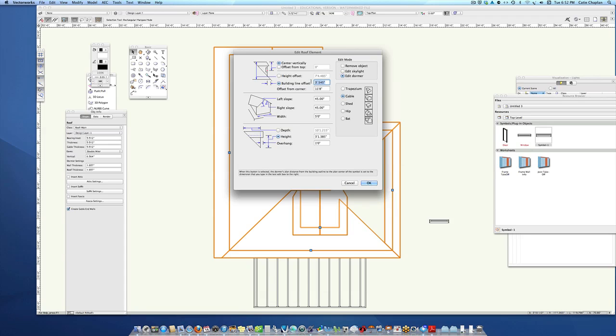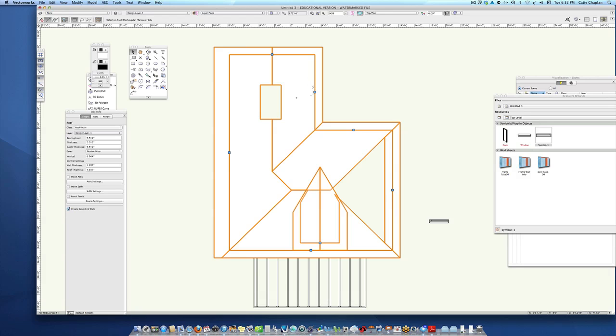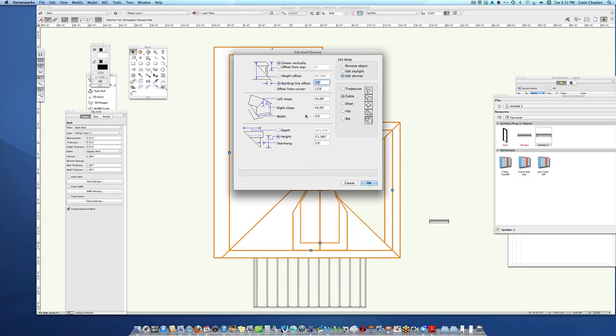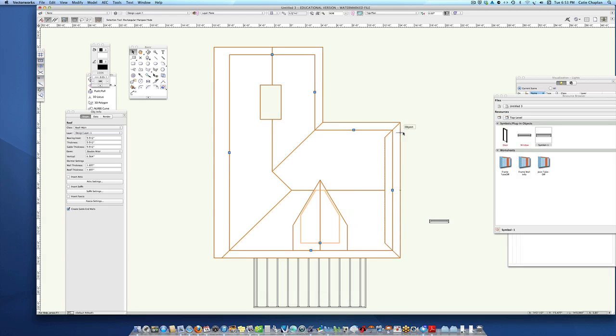So I can change the building offset line to bring it forward a little bit. I can change the height. I can decide where that window is centered. Offset from top, maybe 6 inches. I can change the slope. I can change the overall height to a point though. So my window is 2 feet. If I make this 2 feet, or a little bit more than 2 feet, everything changes, but